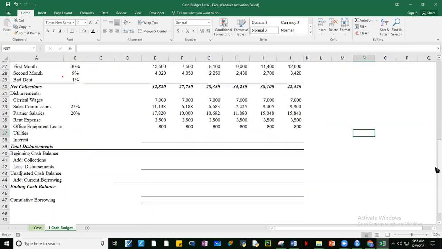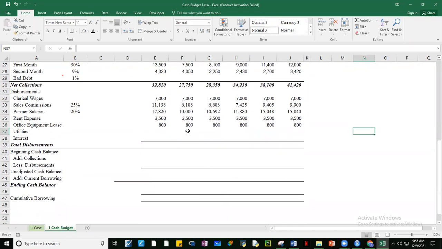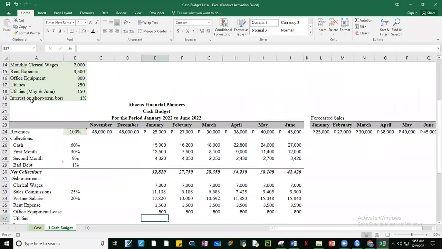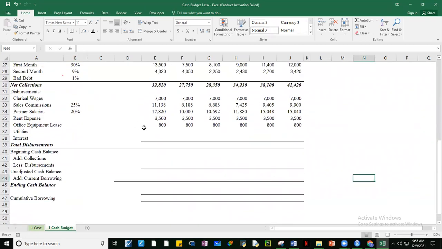Okay, so utilities, guys. Utilities either ano siya, either 250 or 150. 250 guys pag ano daw, class 250 pag January up to April, tapos 150 pag May or June. Okay, so we can use here, marami tayong pwedeng gamitin dito.